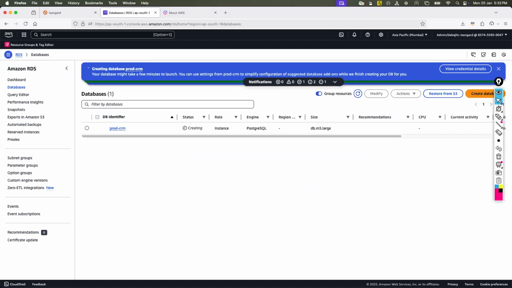And if I just create it now, you see that the database is getting created. So again, it will take a little longer than EC2 because so many things are involved. So what I'll do is take a pause and come back once it is ready.